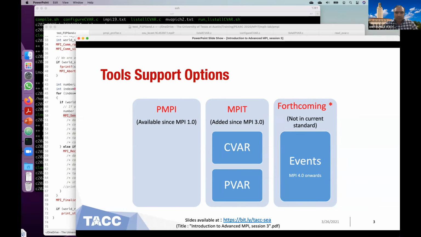In the forthcoming standard, MPI 4.0, the MPI committee has introduced the concept of events, which give you a finer granularity of performance parameters, and you can also tune the MPI library at those events.